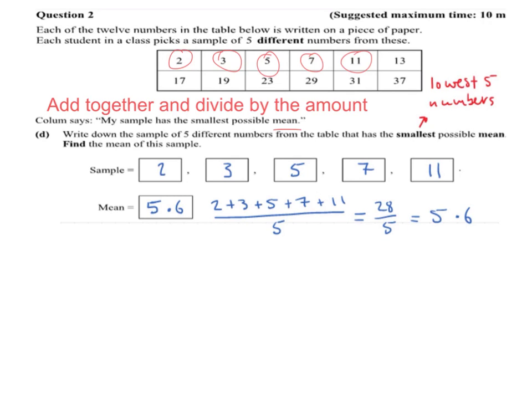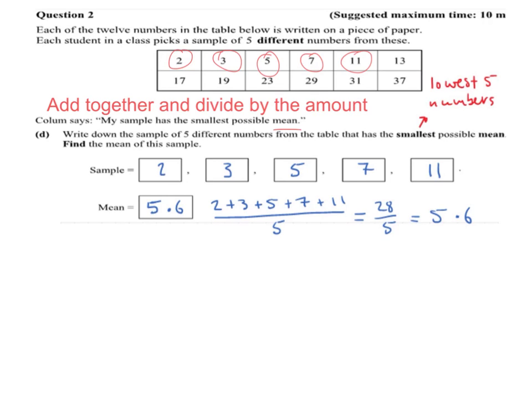So to find the mean of a set of numbers, we add them together and divide by the amount. So we're going to add 2, 3, 5, 7 and 11 together. So 2 plus 3 plus 5 plus 7 plus 11. And then we're going to divide by the amount of numbers. So we have 1, 2, 3, 4, 5 numbers together that we've added. So it's going to be 2 plus 3 plus 5 plus 7 plus 11 divided by 5, because there are